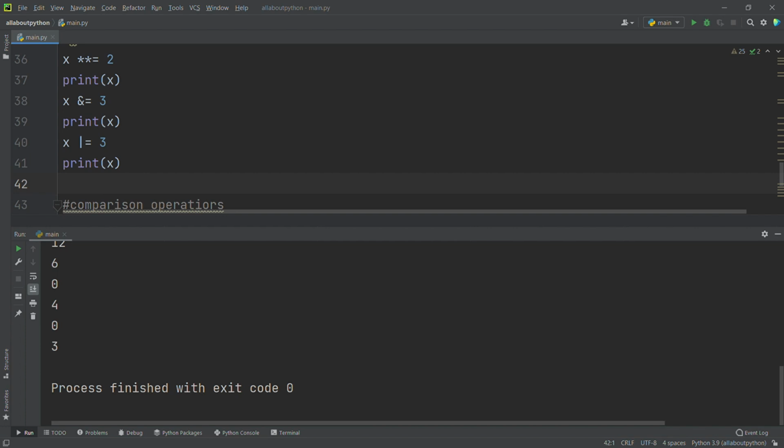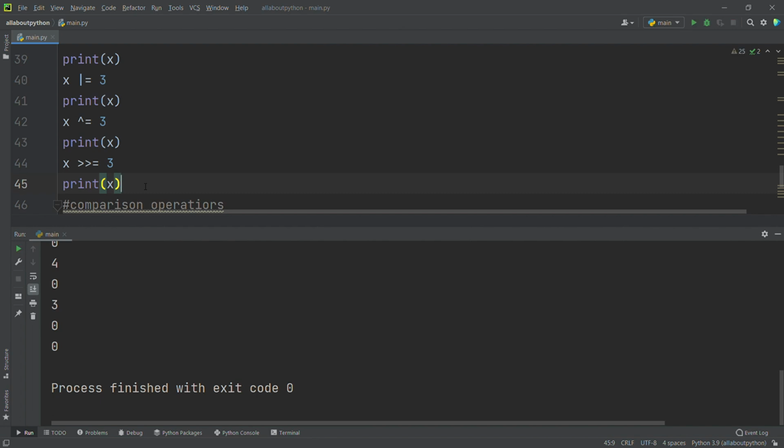Now x ^= 3. I am just giving the same thing, because even if I explained it, you may not be able to understand, so I don't want to explain these things now. I'm just running everything, and we will discuss in detail when we get there. So x >>= 3, and print of x.